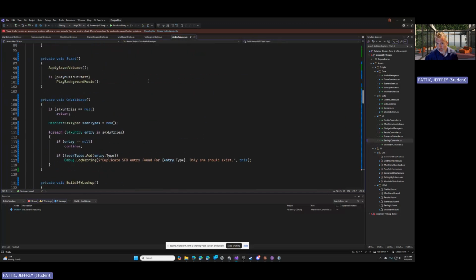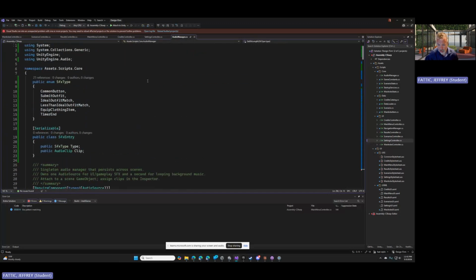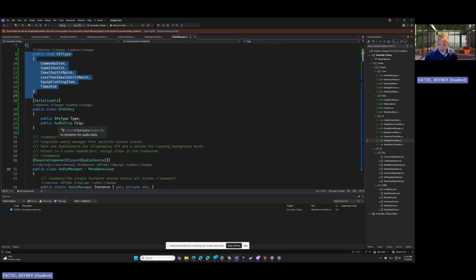Audio Manager, on the other hand, quite a bit more code. And again, we'll go through it kind of quickly. So I set up an enum here for each of my different audio clips. I set up a class here that will basically take one of those enums and the audio clip, and I